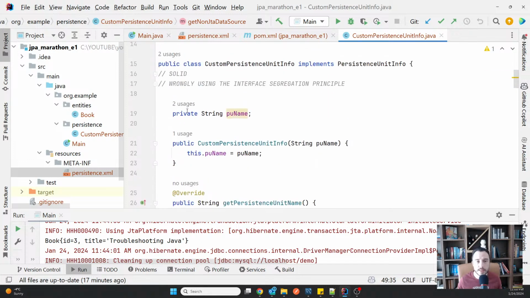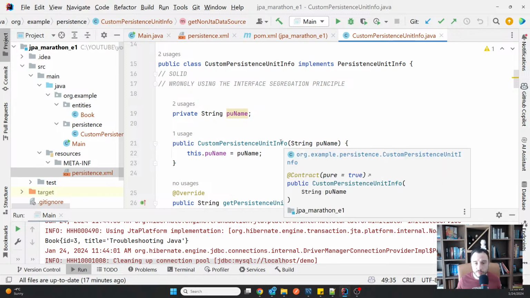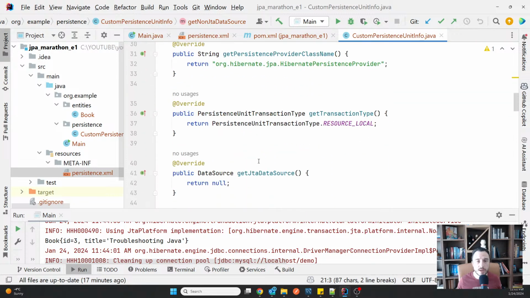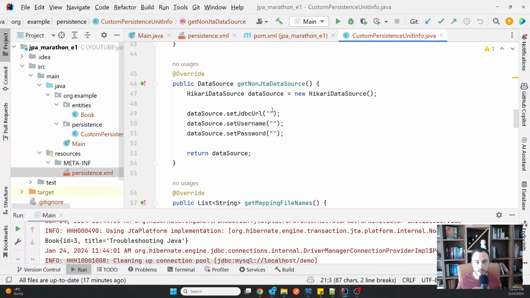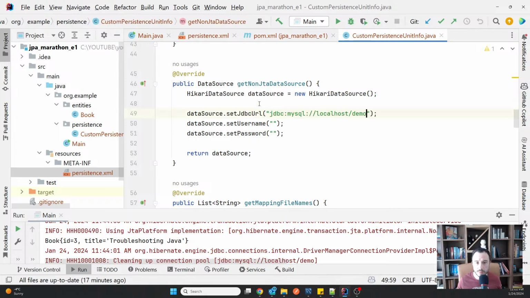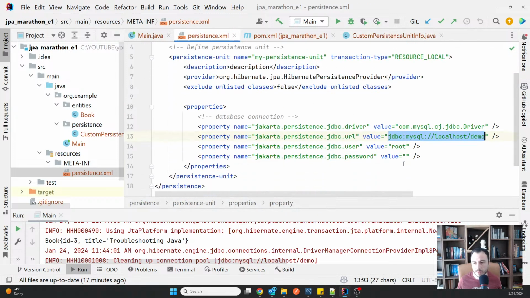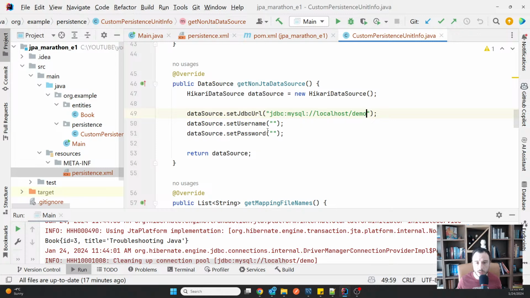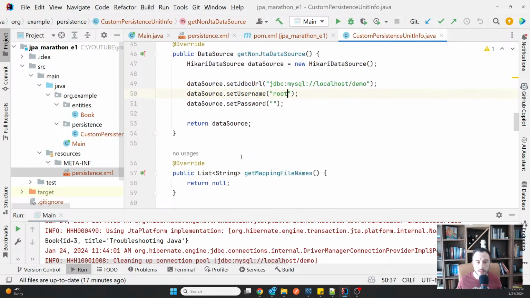Normally, same as I did with this PU name, they would probably be initialized outside somewhere, taken from a vault, and then provided to create this object. But now I'm just going to copy all these values here. I'm going to save time because I'm pretty sure you know how to put them outside and get them in.